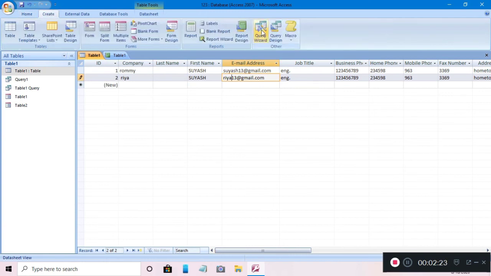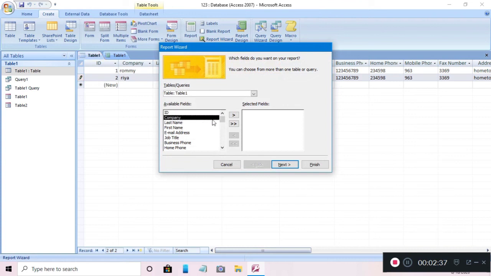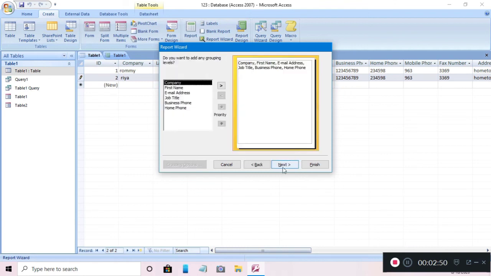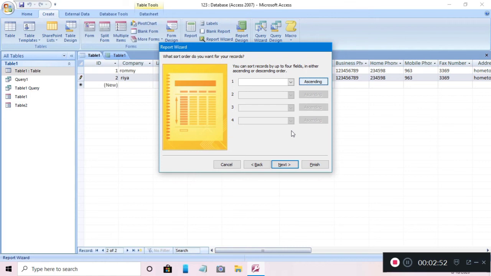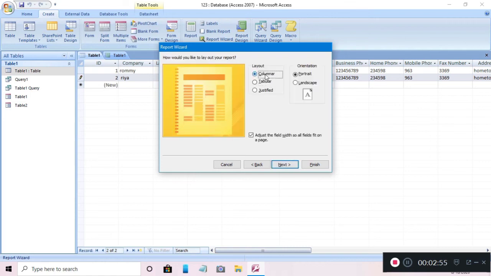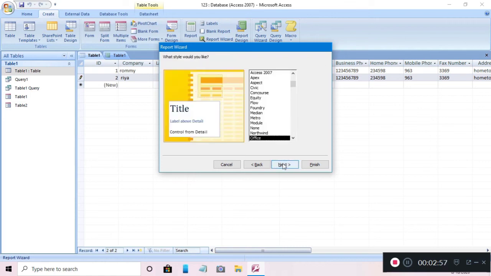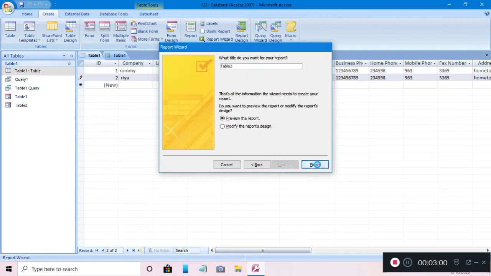Create, and you can see here a Report Wizard. Now we are going to create a report with the help of the report wizard. Again, we have to select all the details which we want to include in our report. Finish.